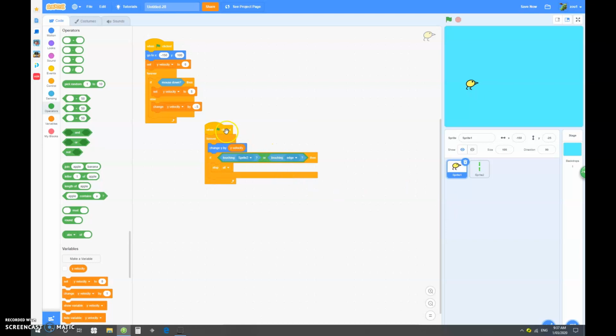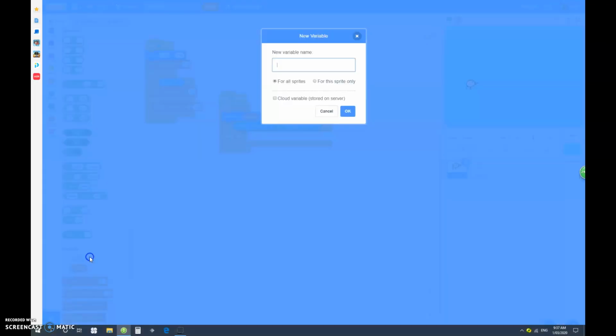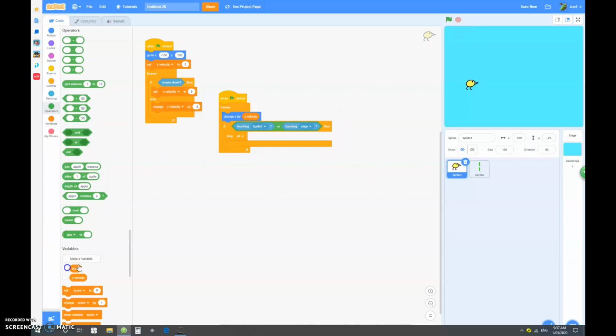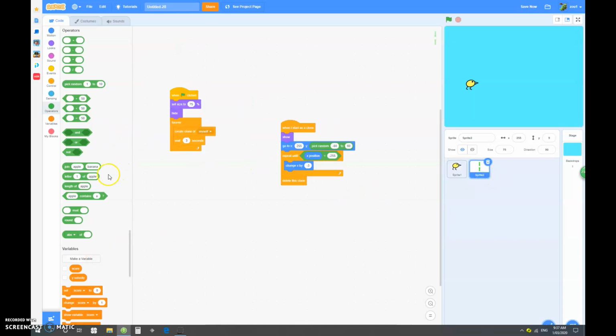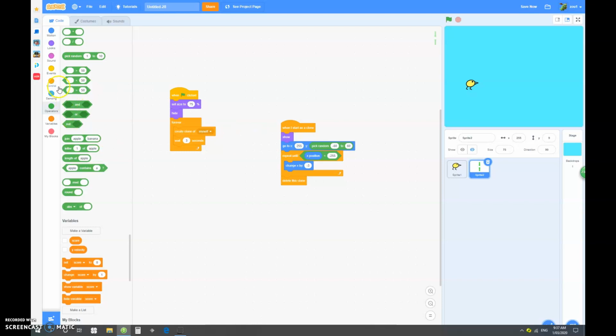Pretty good. So now we want to add in a score. So every time you basically pass a pipe, you get 1 extra score. So I want to obviously set score to 0. And let's go into the pipe. So when I start as clone,